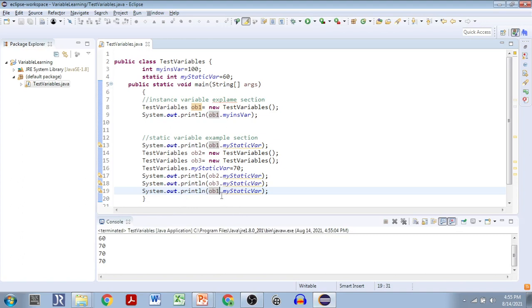See now, ob1 after modification, ob1 was displaying over here in line number 30. If we wish, I can put line numbers to make it clear. This is line 13 and we'll print this value.